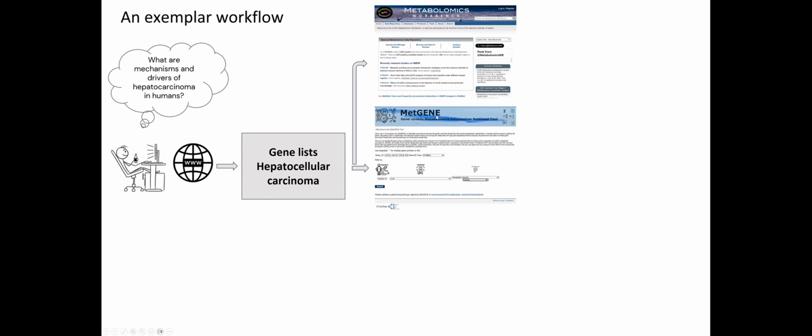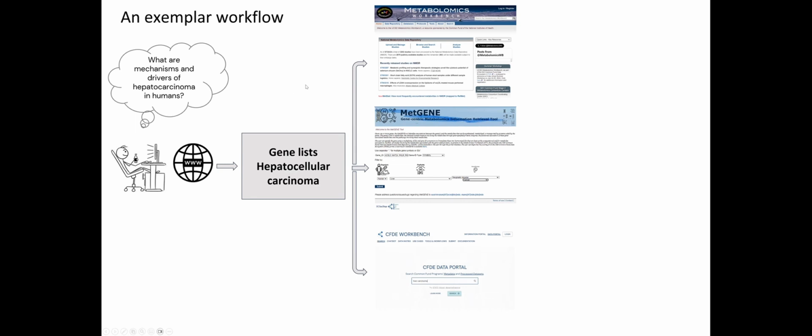It's available online. It's available for you to download as source code and run on your own computer, both in R and Python. We also have a cloud Shiny app, which allows you to run it on the cloud. So MetGene allows you to connect, as I'll show you in just a minute, metabolites and genes. We can also connect to the Common Fund Data Ecosystem Workbench, which I'm one of the PIs on, and I can show you how we connect to other data like glycomic data, drug data, and other types of data. So we really provide a complete pipeline for you to connect all the way from genes to metabolites